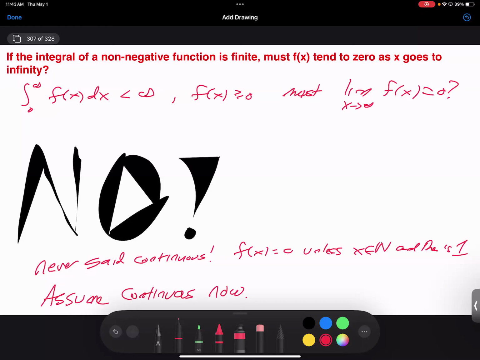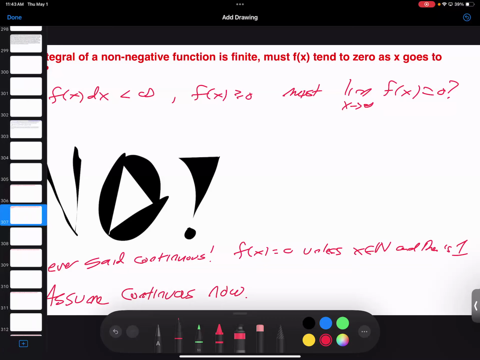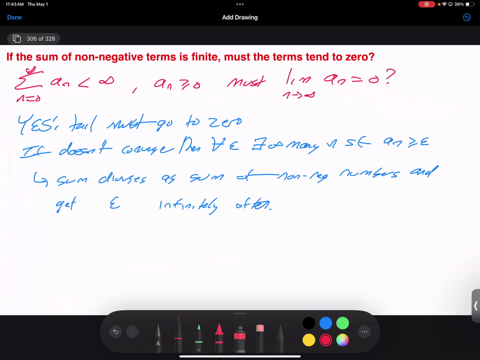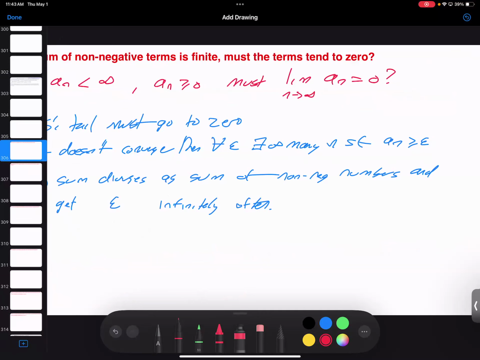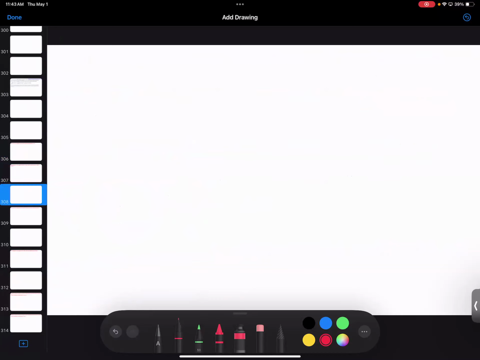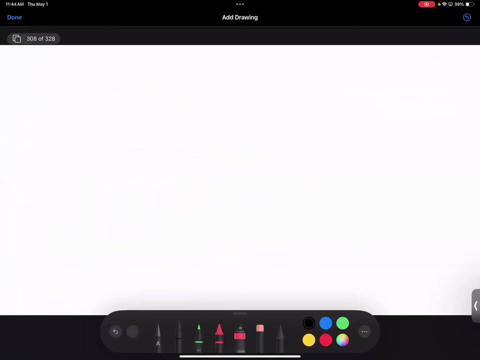If you have an exam and you have a problem that has parts A, B, C, and D, what is often useful to do in part B? Assume part A. So what did we just do a moment ago? We just looked at a sum of non-negative terms, right? So we know if a sum of non-negative terms is finite, then the terms must be tending to 0. So let's see if maybe there was a reason that was done right before doing this.